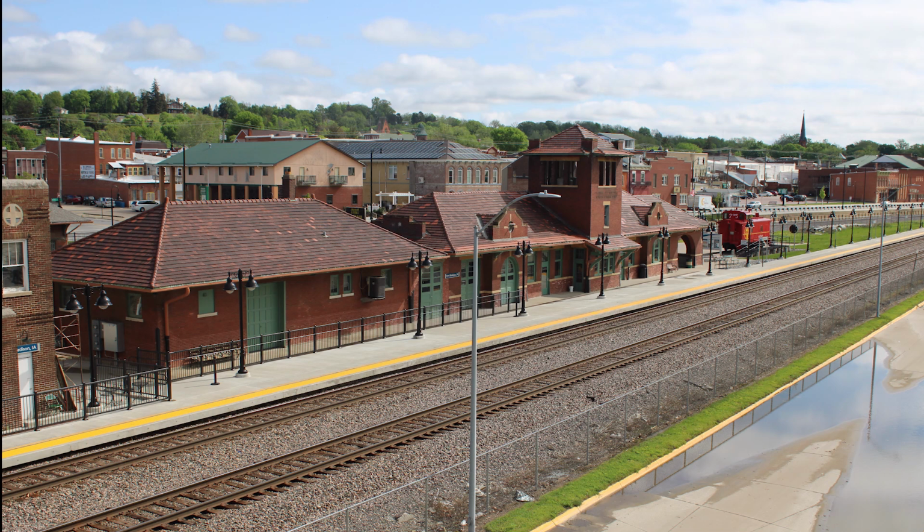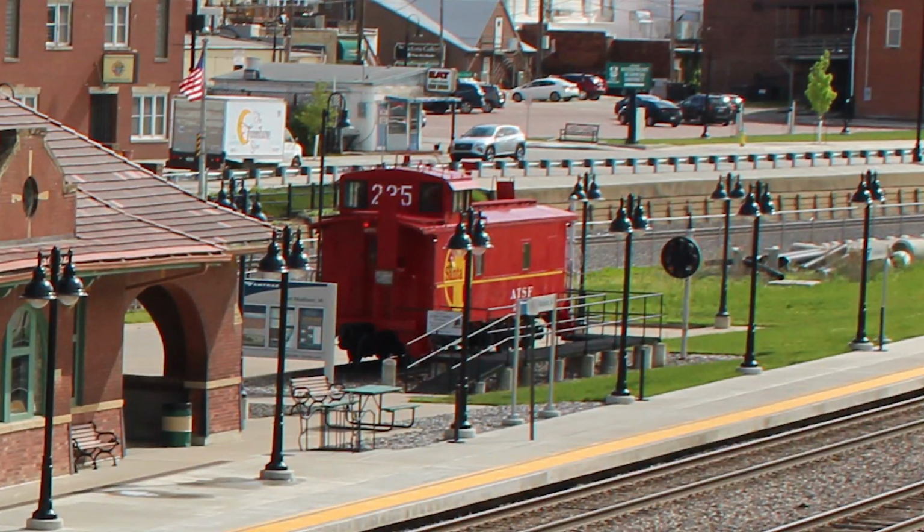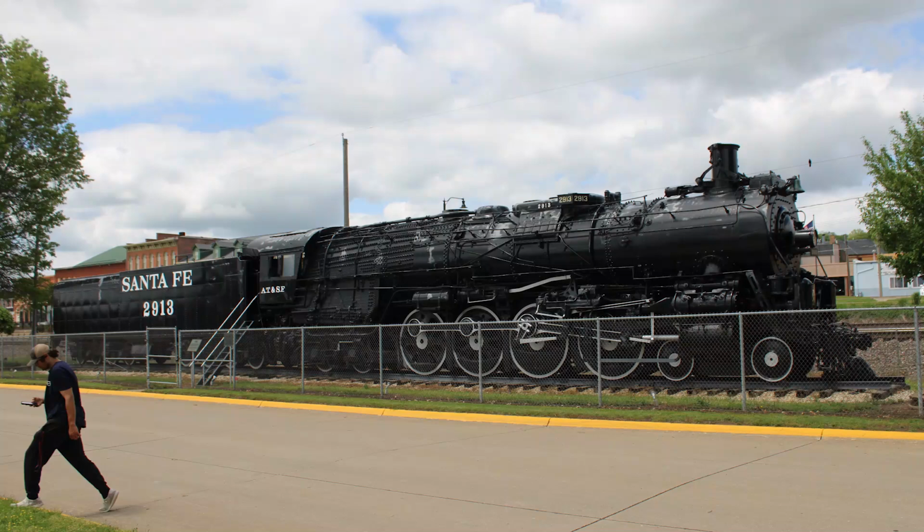Fort Madison has done a fantastic job of keeping Santa Fe's memory alive. The big depot here is in great condition and still actively serves passengers traveling on Amtrak's Southwest Chief. There's also a beautifully preserved caboose, signal, and steam engine on display. 2913's been here since 1960 and used to highball up and down this very same line over half a century